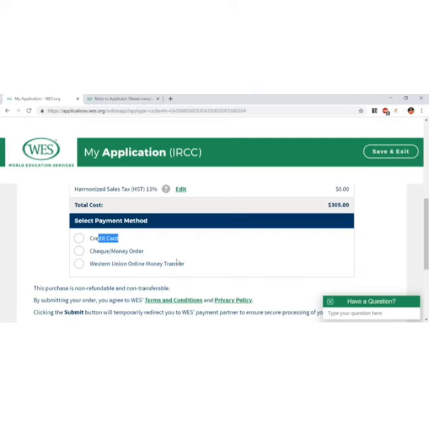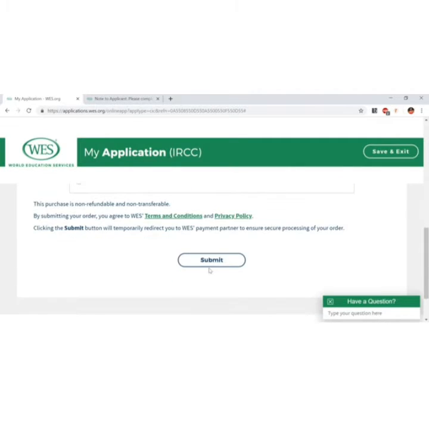the Western Union money transfer. But I would suggest the best, easiest and fastest method is credit card, because you just enter your card details. If you get an OTP, enter it, and the payment is done. You get your reference number then and there. I'll just show you how it can be done. I'll not enter the credit card information.